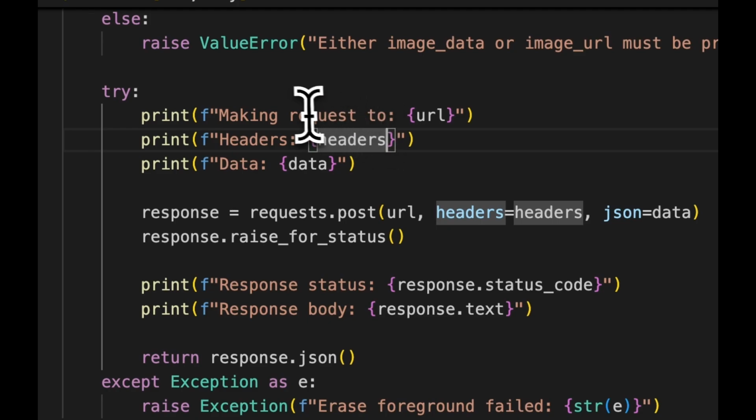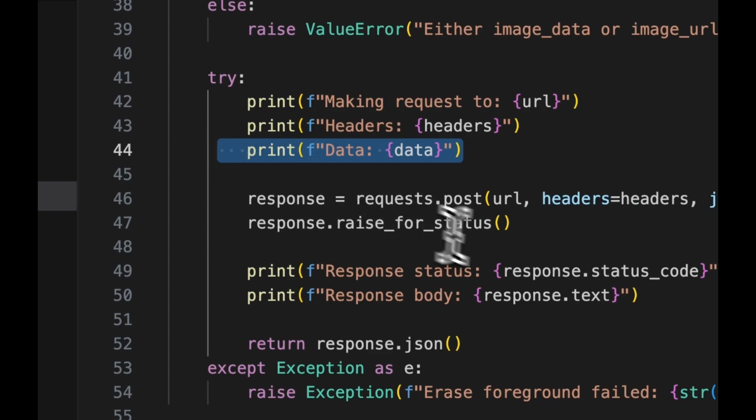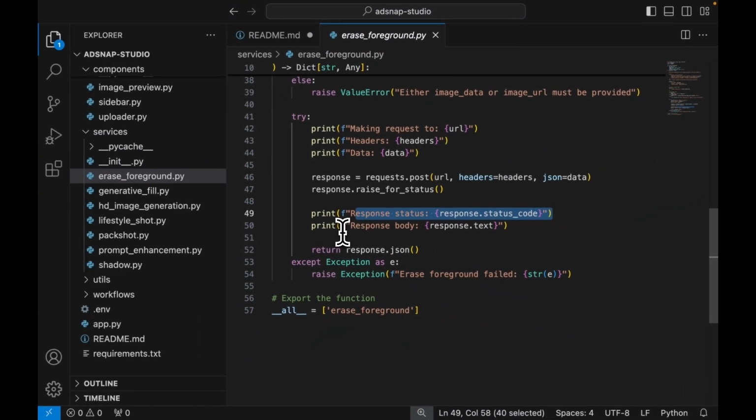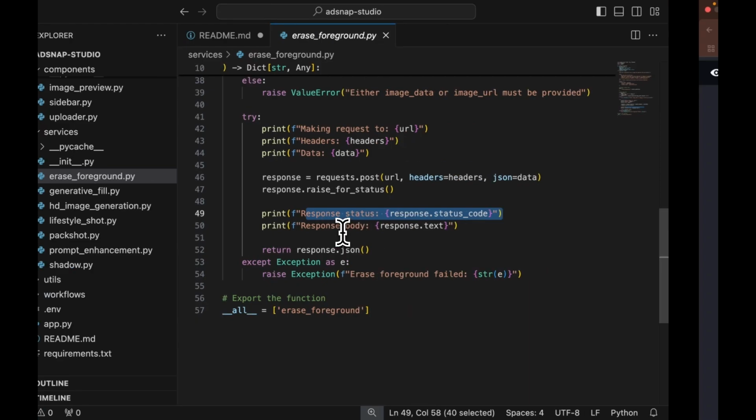So you ensure the right URL, the right headers, and the right data is being passed. And this is the status, so that if something goes wrong, you can actually come here and debug it. We don't usually use print. We use something known as logging as a library. So if you go and search for logging in Python,